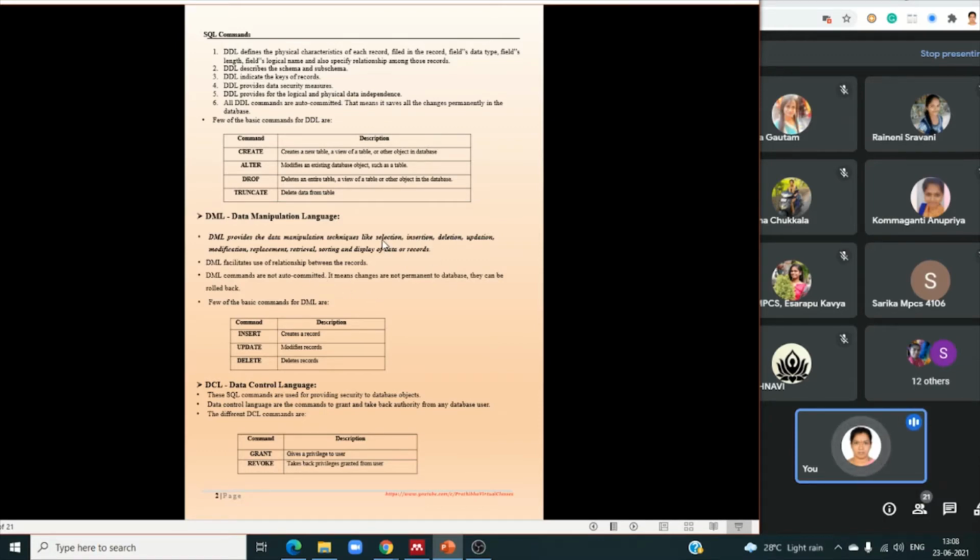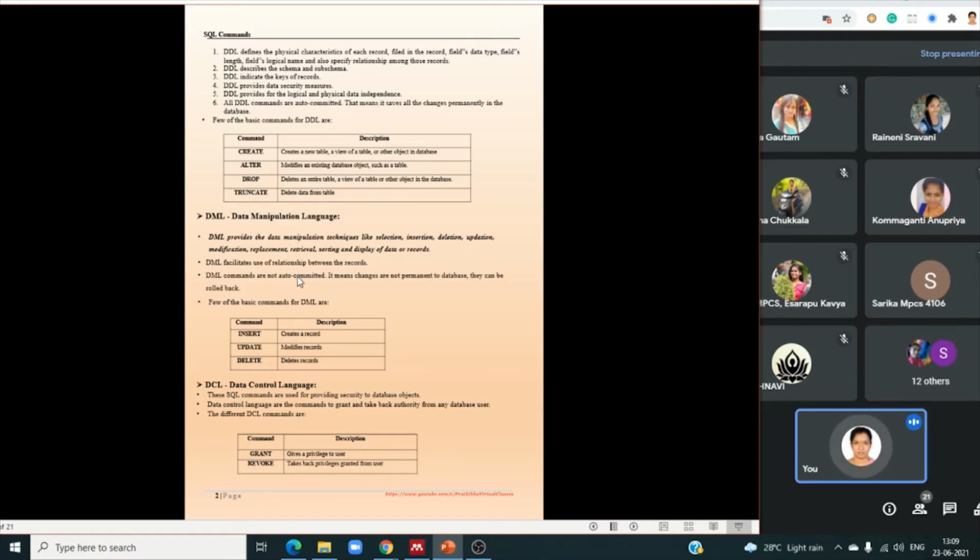These are the manipulation commands. We can also do modification, replacement, retrieval, sorting, and display of the data. All these are provided by the DML commands. DML also facilitates the relationship between the records.